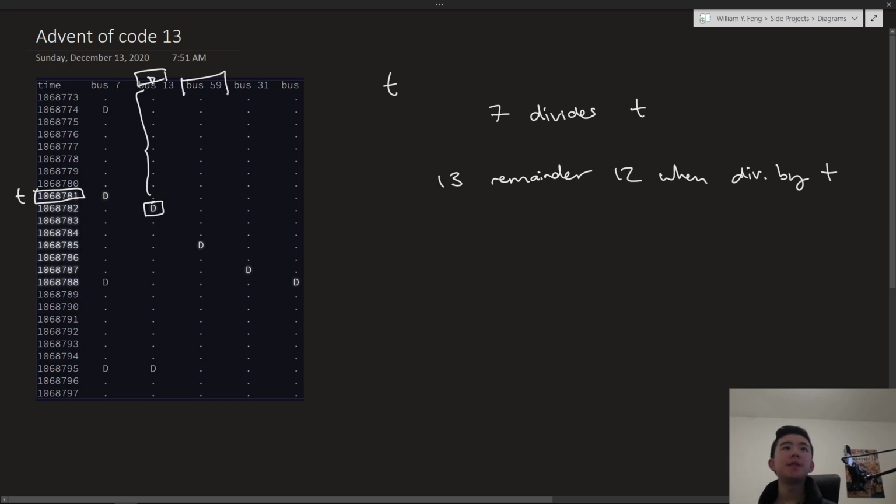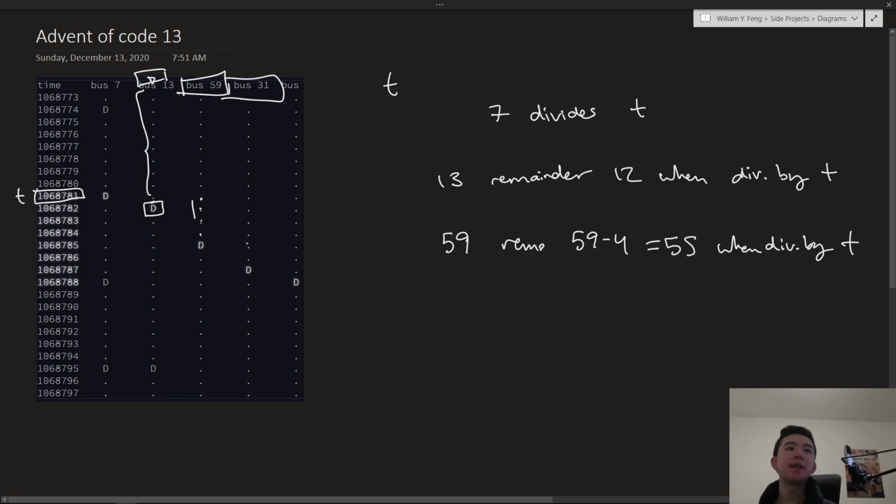So for bus 59, we can say that our timestamp occurs 1, 2, 3, 4. So 4 before a multiple of 59 is our timestamp. So 59 has a remainder of 59 minus 4, that's 55, when divided by t. And similarly, we can say for 31, it's going to be a remainder of 31 minus 7, which is equal to 24 when divided by t,